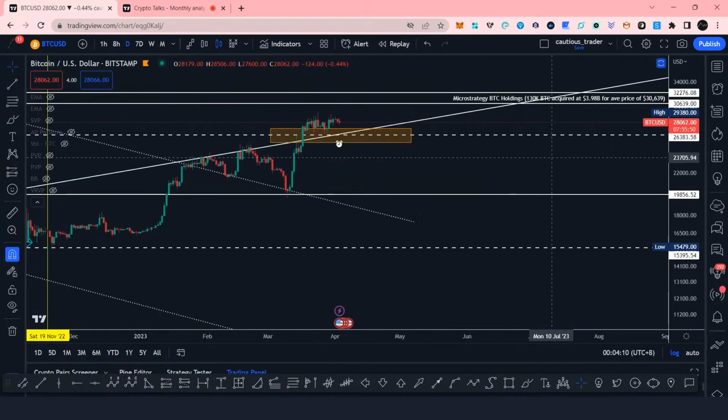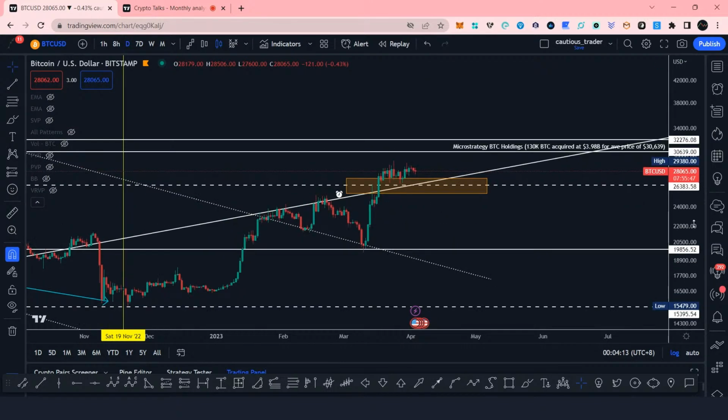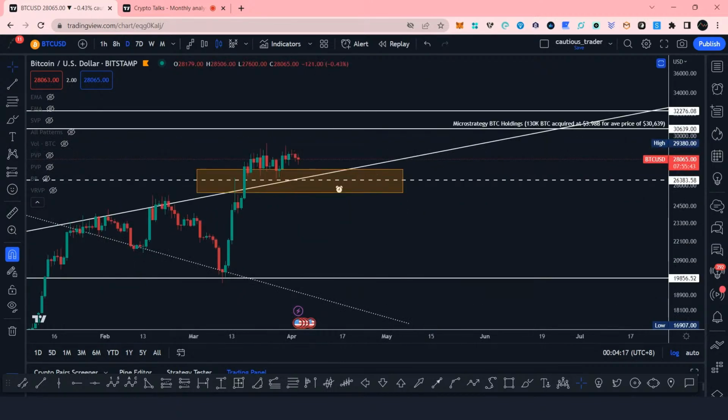For short term traders, you can actually see here that's already a doji. So expect a possible retest to our long term bullish support area around